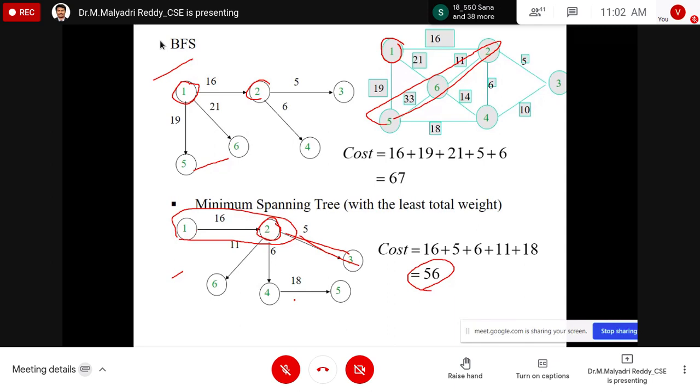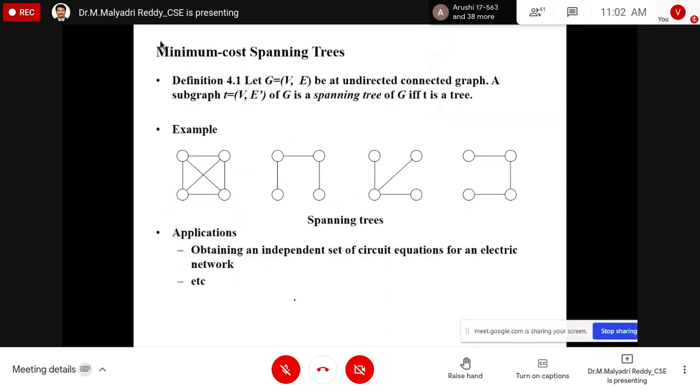This is the benefit of graphs. So here, the minimum cost: how will we get the minimum cost? By using the minimum cost spanning tree concept. Point 1: it is a graph, and from the graph I have to choose one subgraph. It must give the minimum cost. Point 2: it has n-1 edges. Suppose it is a complete graph, the spanning trees are subgraphs. There is no change in the vertices, but I have to reduce the number of edges.